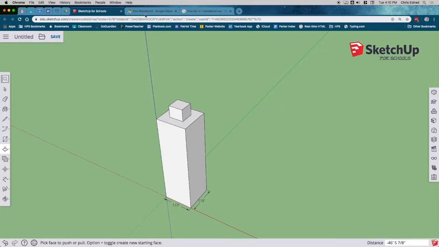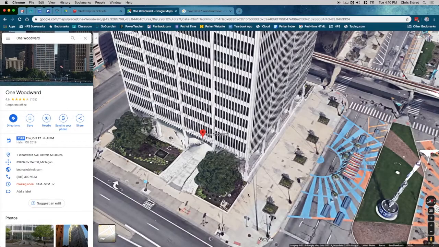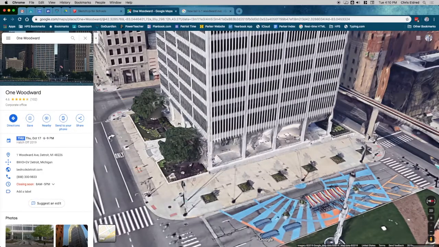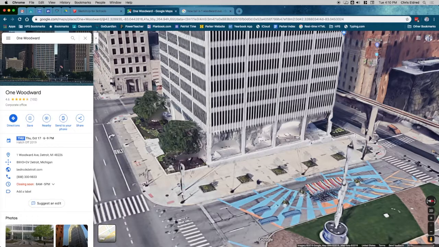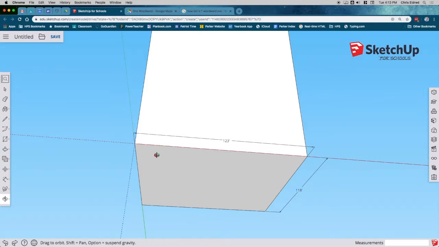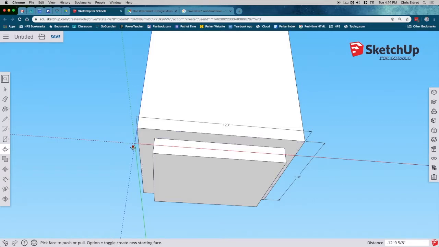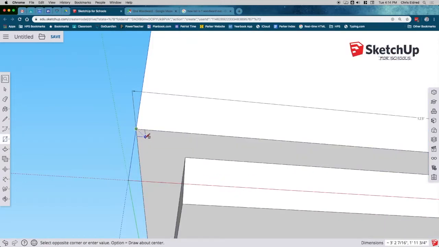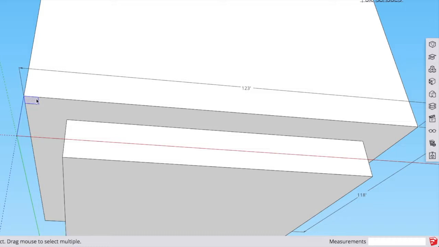Okay. So it's got a plaza underneath. It's got the sidewalk around underneath there. So I'm going to try to do that part first. There's 4 of them on a side. It's got this inset on the underside here. Your building might not do this, but I think what I need to do is going to be easier if I do this. Let's try that again. Those could be, let's call them 4 foot by 4 foot. It's a little better. I'm going to select that, and then the move